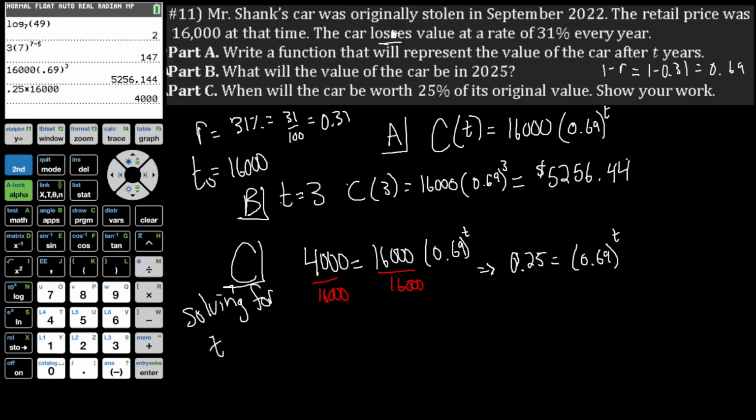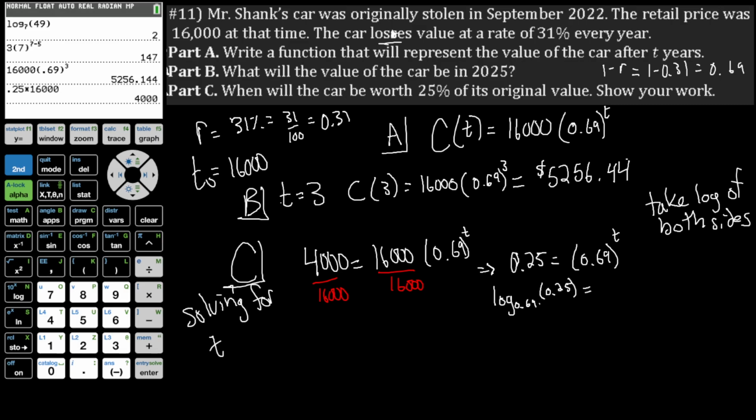So I'm saying, okay, how can I get this? Again, a lot of people are like, yeah, just take the square root because I have an exponent. That's not the case. You have to take log. So take log of both sides. So I'm going to take log base 0.69 of both sides,